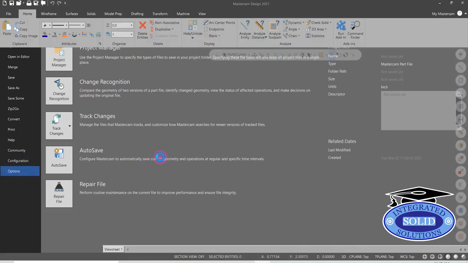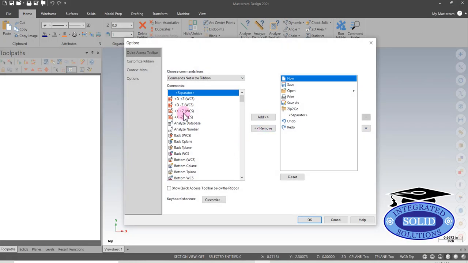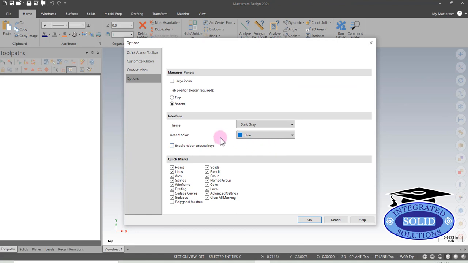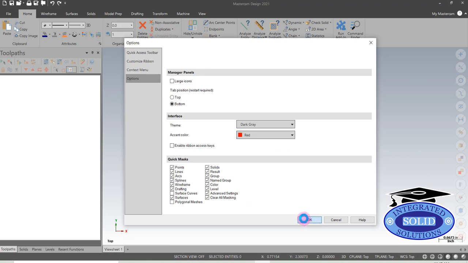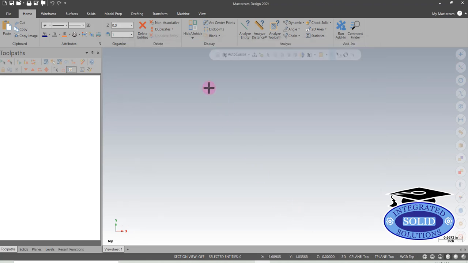You can also change your accent colors. Right now the accent color's blue. We're going to go to something a little bit more, let's say it'll stand out a little bit better. We'll go in the red. Now when we accent something,